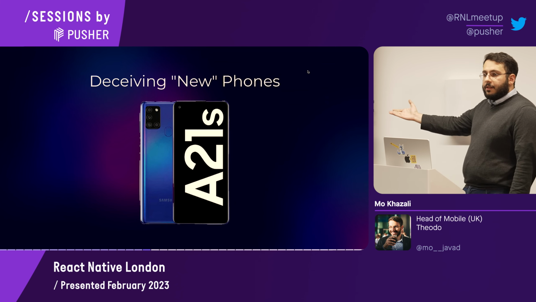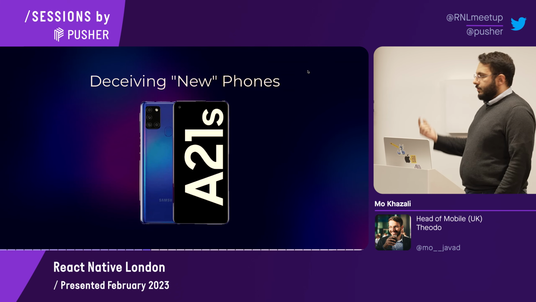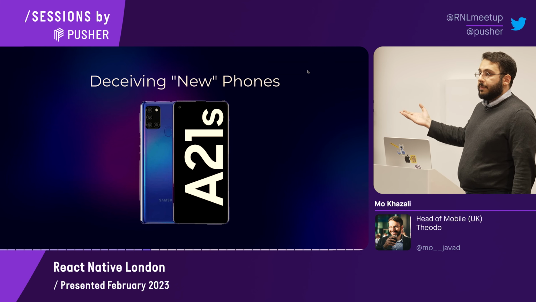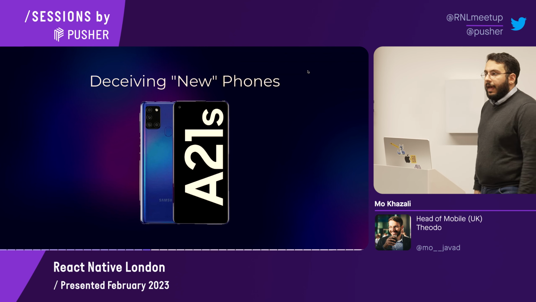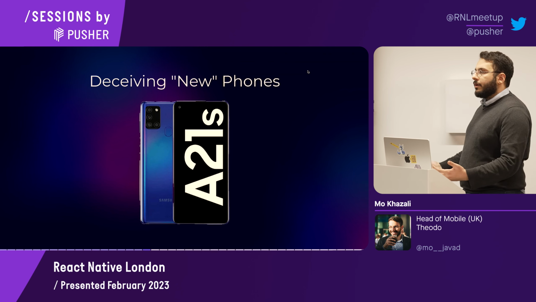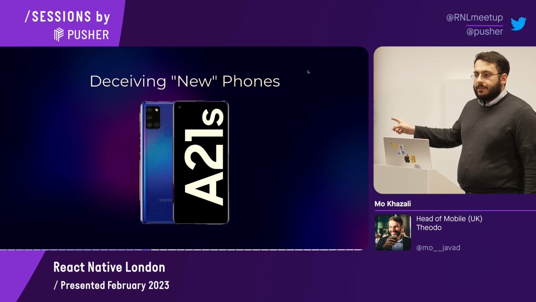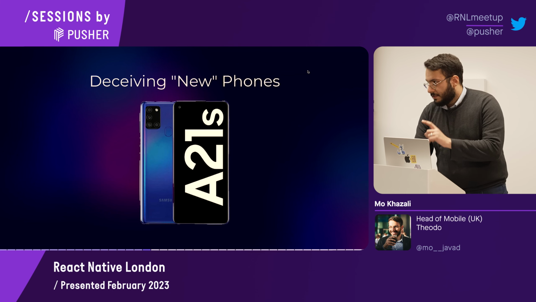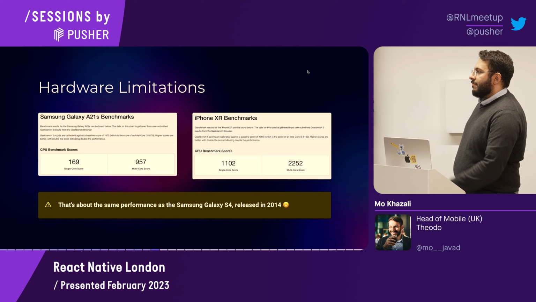So if you take a look at this phone, you see there's 4 cameras on the back, there's a fingerprint sensor, there's a massive OLED display that looks better than some of the iPhone screens, and you think, wow, this is a great phone. And on top of that, Samsung's selling it for like 200 quid. So what a bargain. It's all a lie. It's a facade. What you'll realize very quickly is because you cut down on the cost so much, you have to compromise on